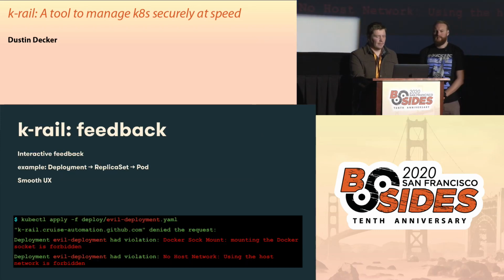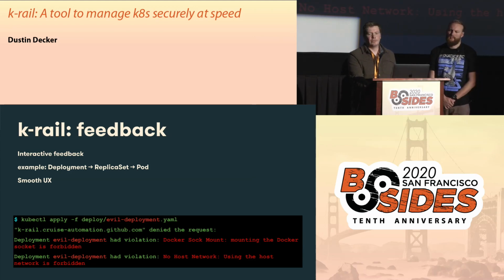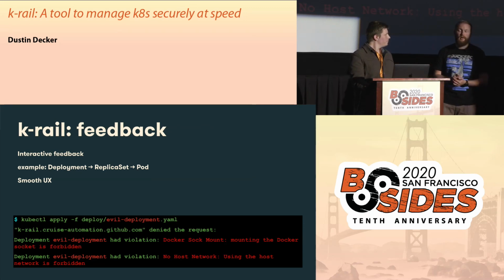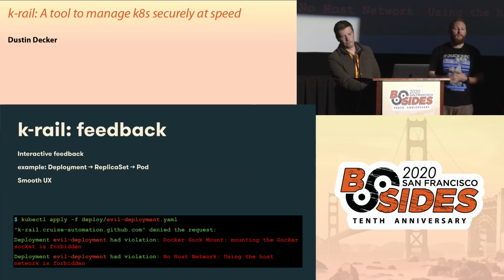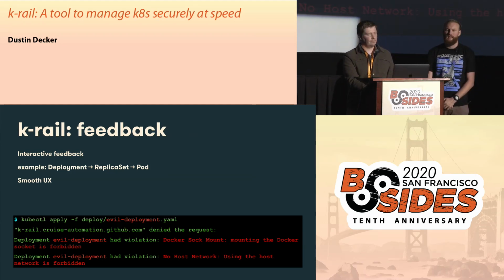And the feedback pointed out before is one of the most important features to us. This is what gives real-time feedback to the engineers that are applying deployments to the infrastructure or systems that are applying it. And in this example, they're applying a deployment, which is a high-level resource that ultimately implements a replica set, and then finally pods. And they get feedback as soon as they apply the deployment. In this case, it's denying the request for a few reasons that they're now familiar with. And that feedback going back to non-security focused engineers is really valuable. You know, mounting the Docker socket is forbidden. They know exactly why it was not letting.